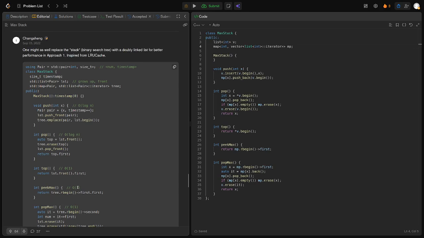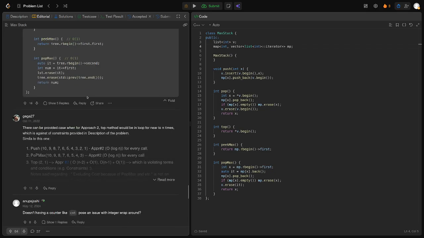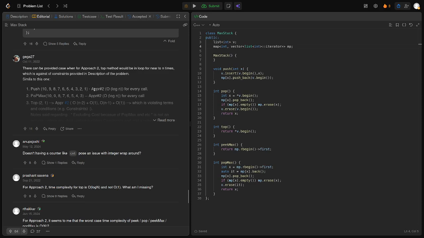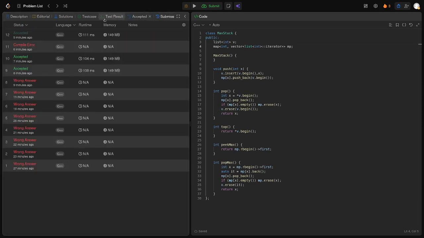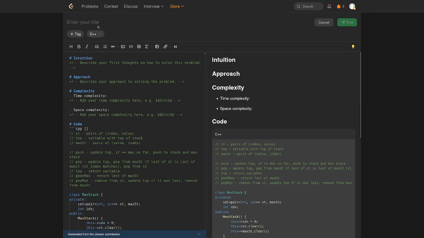O(1), log for pop, log for push, I guess. SMH. Whatever. Let's just write it and